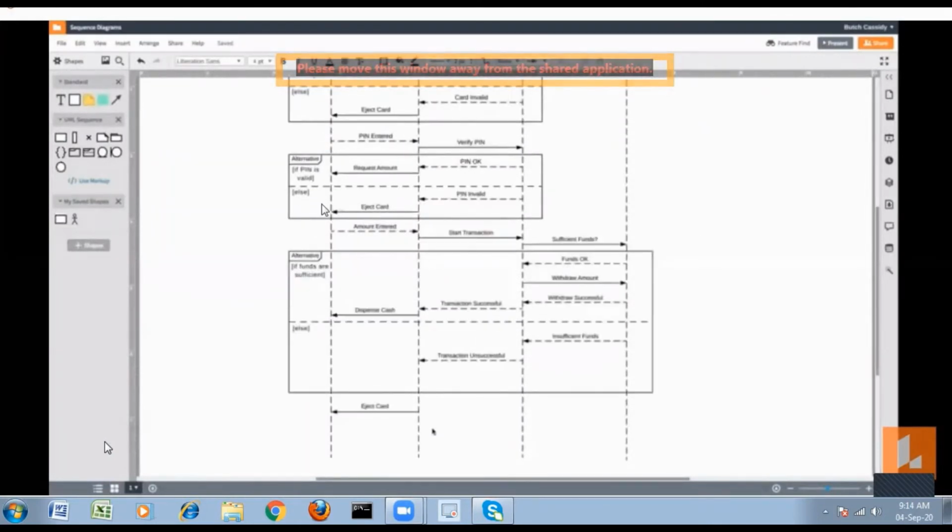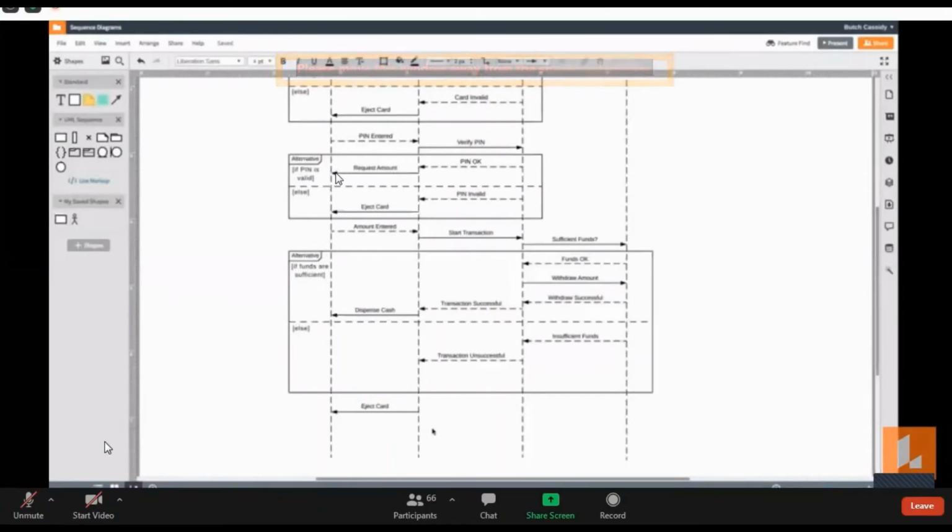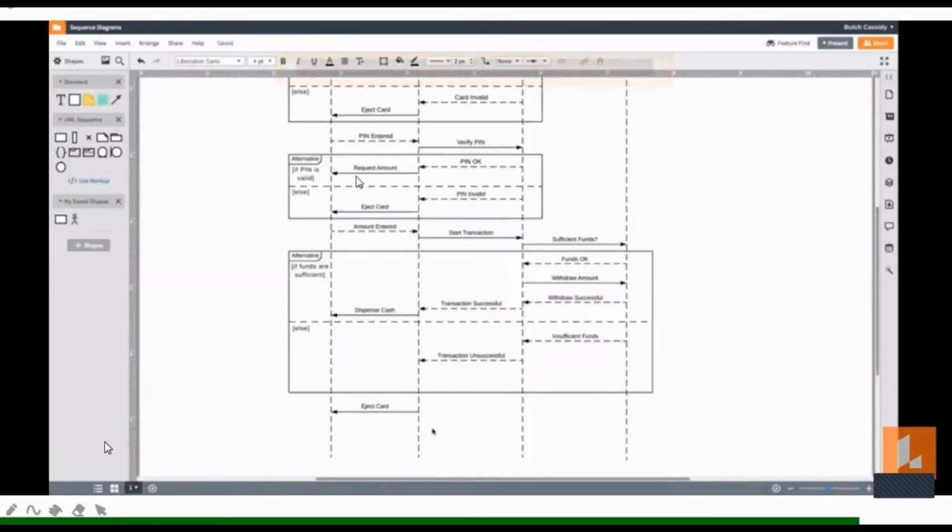Let's move on further. Now, the request the ATM sent to the actor to enter the amount, the actor responded to that saying amount entered. Okay, now the ATM will start the transaction and go to your bank server. Now the transaction we have to do. That means the money comes into the picture. So now we have to visit our third entity, basically our third object in our system, that is your bank, right? So firstly, the bank server checks if the person has sufficient funds or